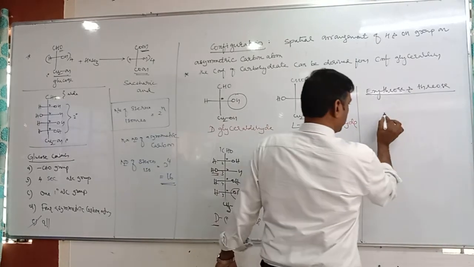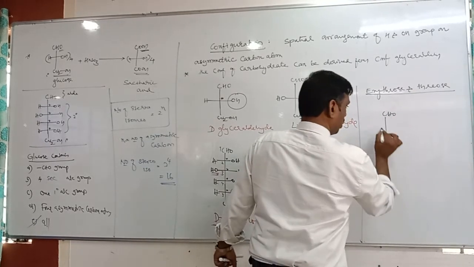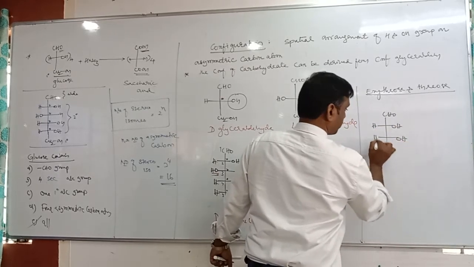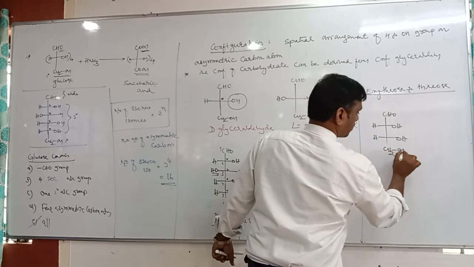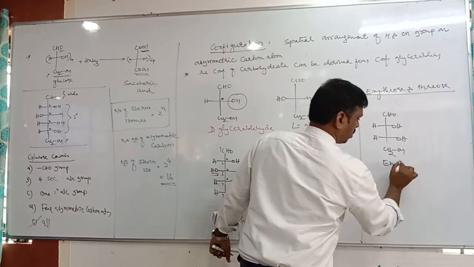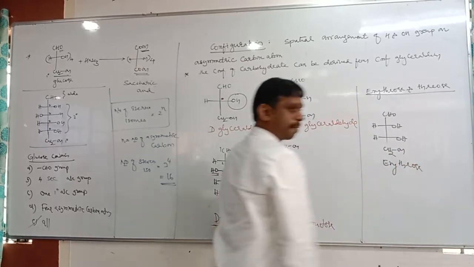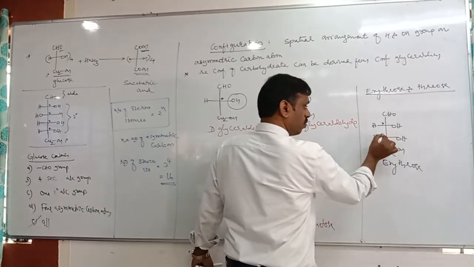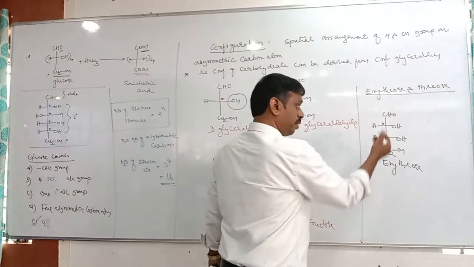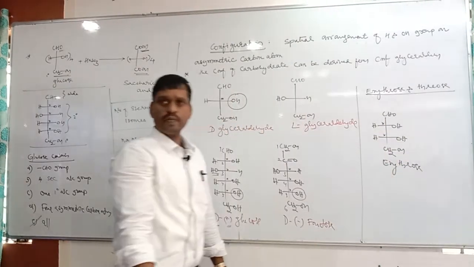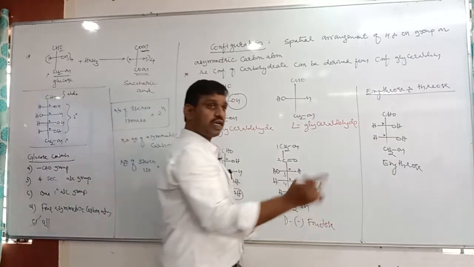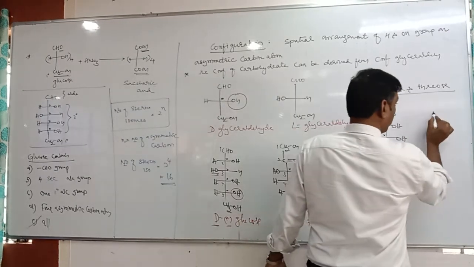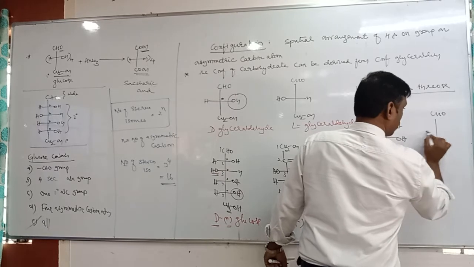Right, erythro and threo. In the case of erythrose, if the two adjacent asymmetric carbon OH groups are on the same side, it is called erythrose. In erythrose, two adjacent asymmetric carbon OH groups are on the same side. It may be the right side, it may be the left side, whatever, but two adjacent carbon OH groups on the same side is erythrose. Then if two adjacent carbon OH groups are